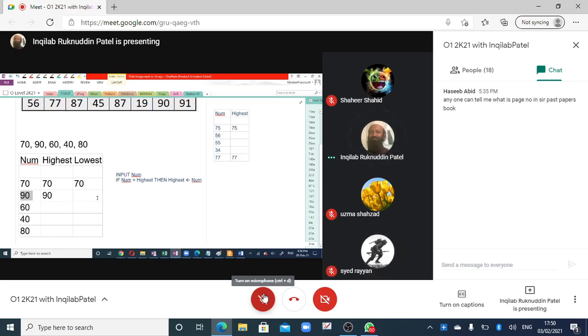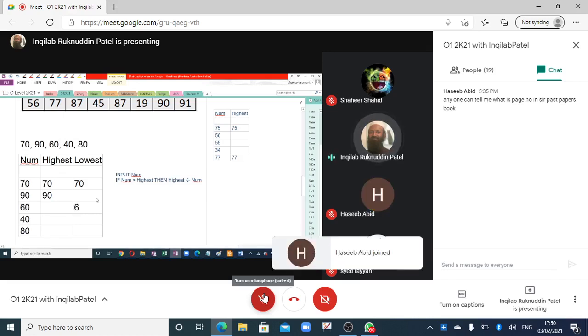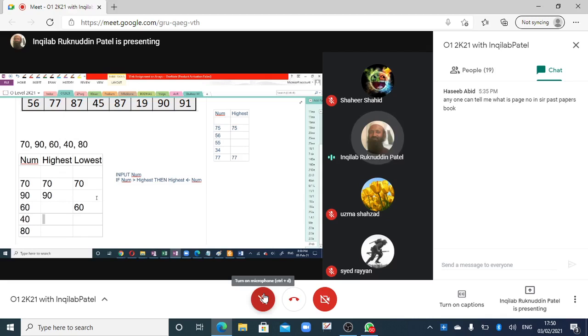Right? We will input the first number and we will assume that the first number is the lowest number. Then we input the next number and compare with the current lowest number. It is not lesser than the current lowest number, so we will ignore it. Then we input the next number, compare it with the current lowest number, and it is lesser than the current lowest number, so we will use it as the lowest number. Then we input the next number, compare with the lowest number, and no, it is not lesser than